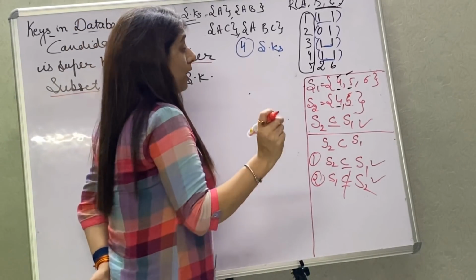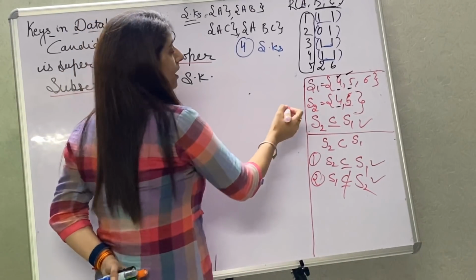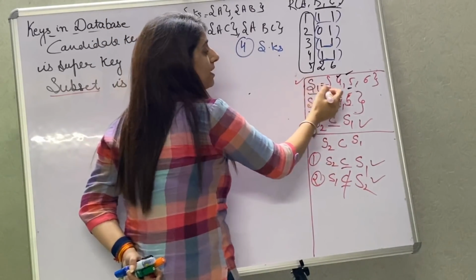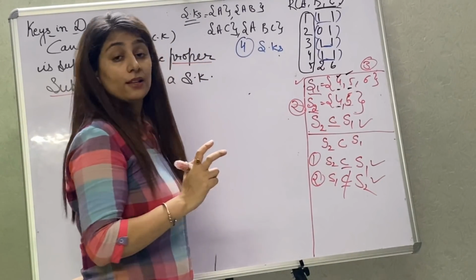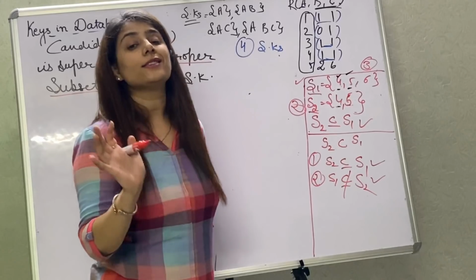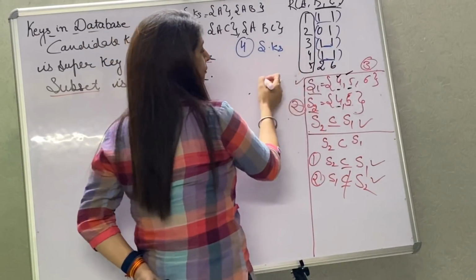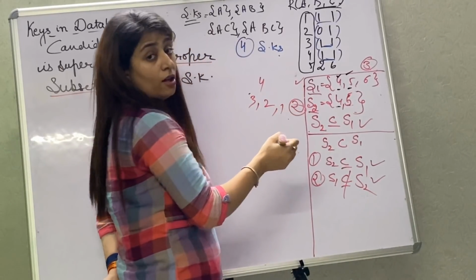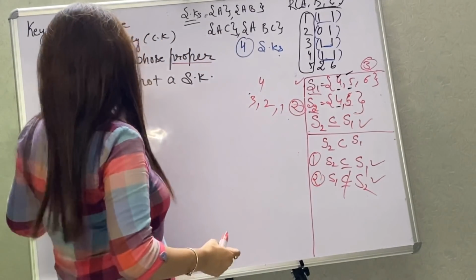Now one important thing I want to tell you: here we have two sets. Note that the first set has 3 values and the second one has 2 values. The second subset will always have one fewer than the upper one. It will always have fewer than the other set. Clear? If there were 4 values, then the other set can have 3, 2, or 1, but it cannot have 4. Clear? So this is the thing that we have to take care of in the candidate key.